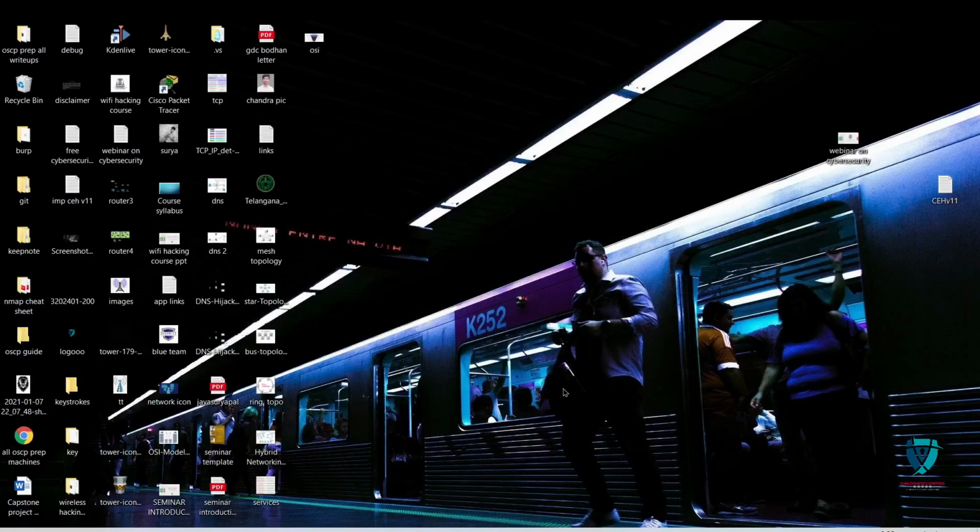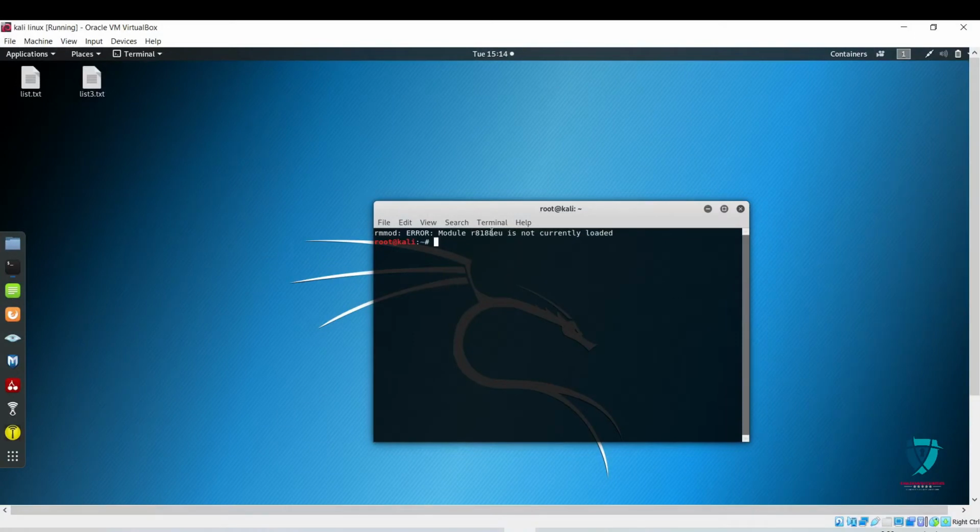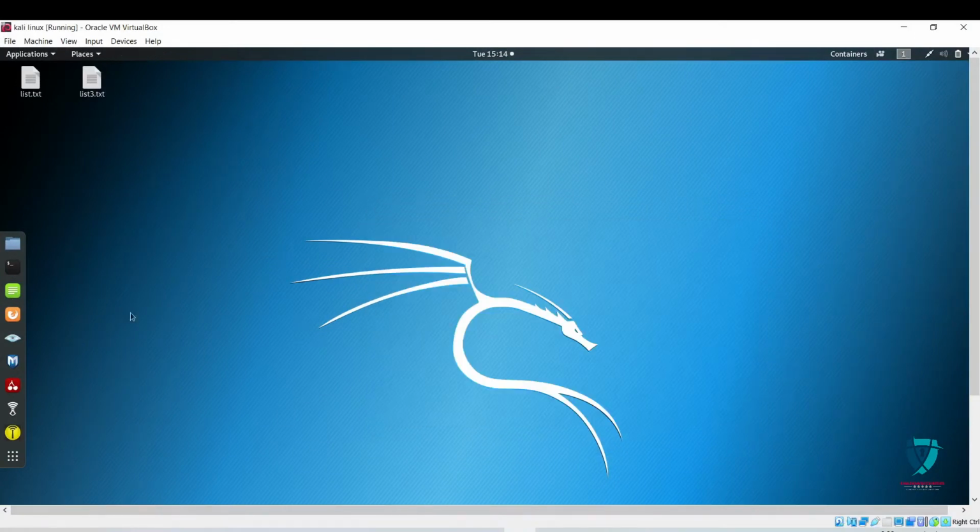Okay, now in this video we will learn how to hack WPA2 and WPA encryption. I mean, we will learn Wi-Fi hacking in this video. So I'm going to use a Kali machine as my attacker machine. So this is my Kali machine. I'm using one adapter called TP-Link, and you can also use any adapter, but it should definitely